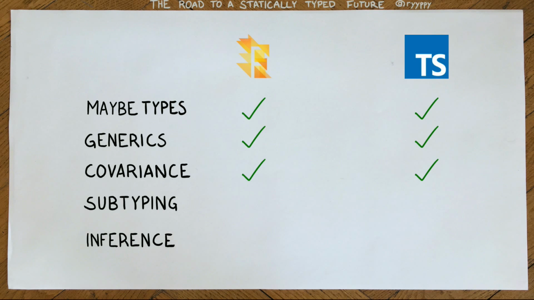I'm not sure about TypeScript, but in Flow it's definitely there. Subtyping, extending classes, and understanding the inheritance hierarchy. Yeah, both do that. And inference is the thing where the type system can guess the type of a